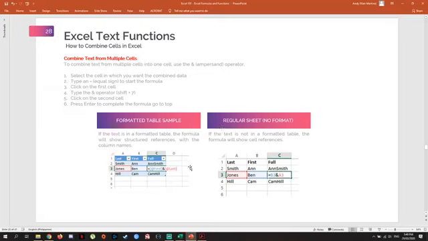I'm not sure if you can remember yesterday, I tried to combine a first and last name, right? So to combine text from multiple cells, I know there's CONCATENATE that some people know, but using an ampersand operator is way better because you don't have to type it. It's shorter to type. So to combine two cells, there are two views. If your table is formatted, meaning,